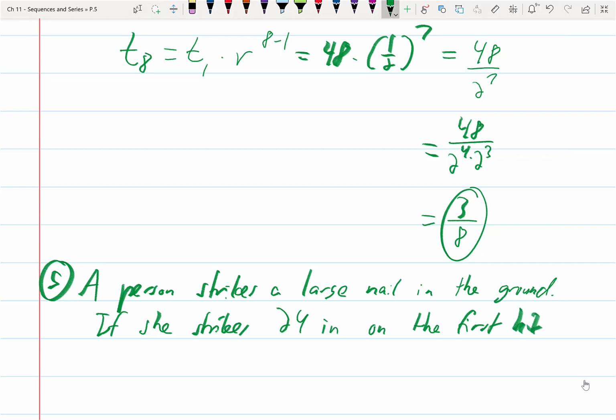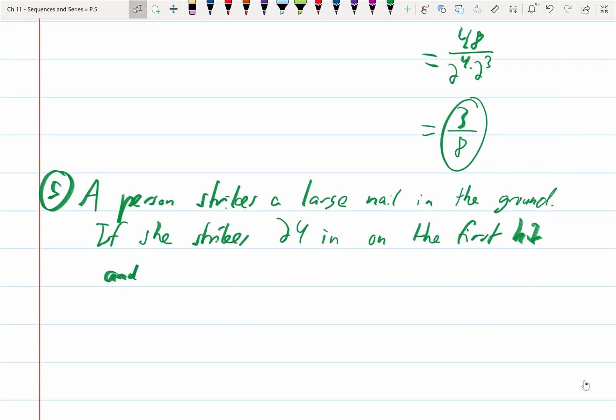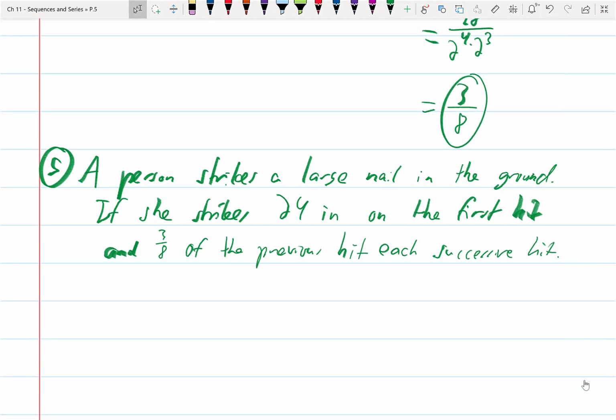In the first hit, and 3/8 of the previous hit, each successive hit. Okay, if she strikes 24 inches on the first hit and 3/4 of the previous hit, each successive hit,